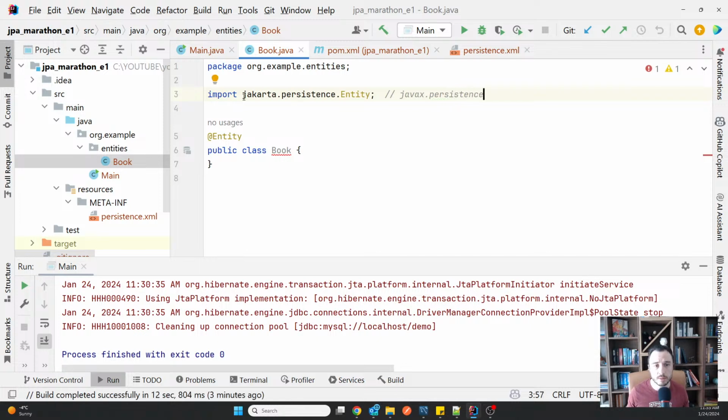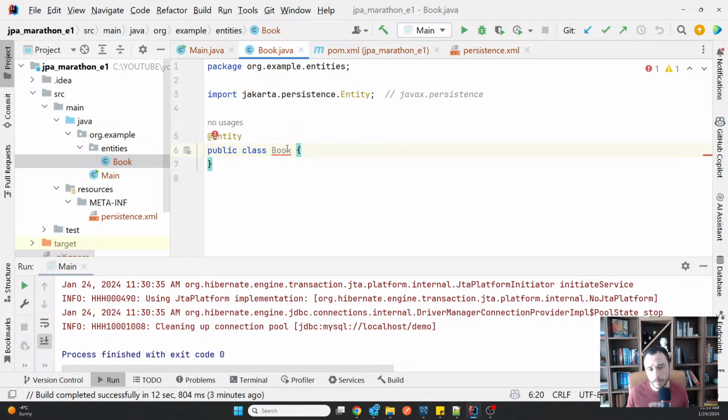So somewhere in 2019, I think, this changed from javax to Jakarta when Java EE was handed over by Oracle to the Eclipse Foundation, and then, due to legal reasons, they had to change the name from Java something into something else, and Jakarta was chosen as the new name for Java EE. So now it's called Jakarta EE, but that's how it evolved. That's the evolution of the framework. So the change of naming is mainly because of legal stuff.